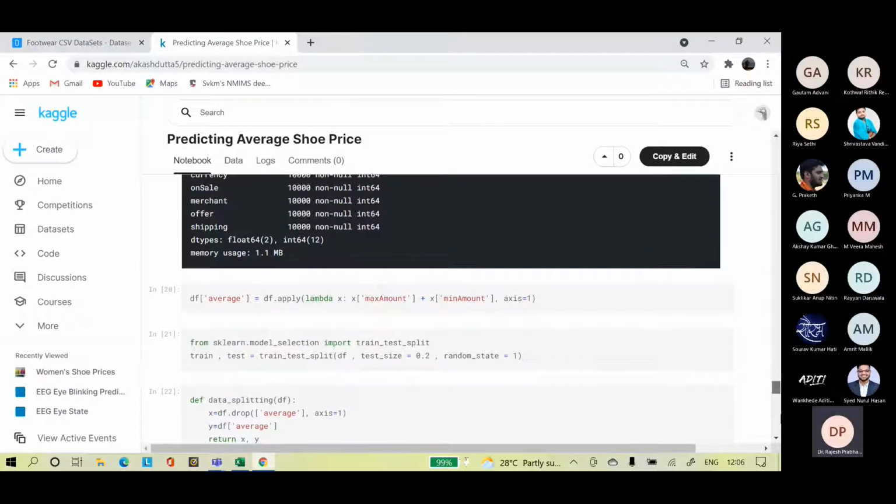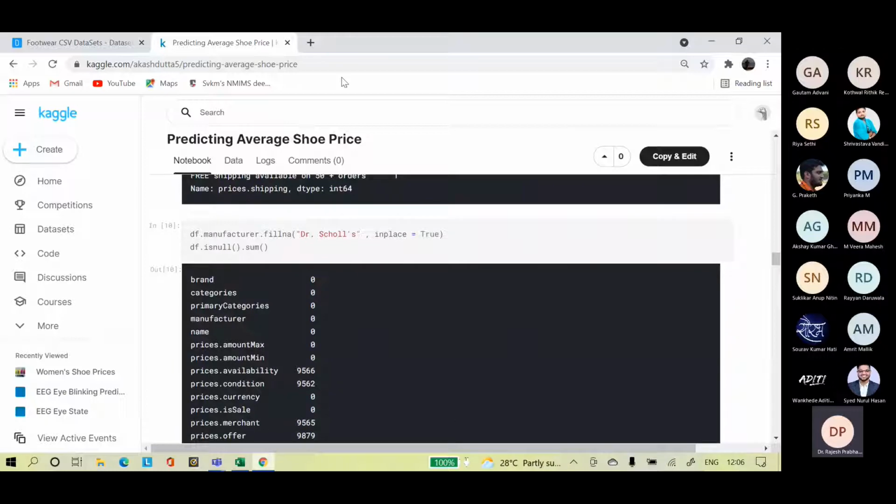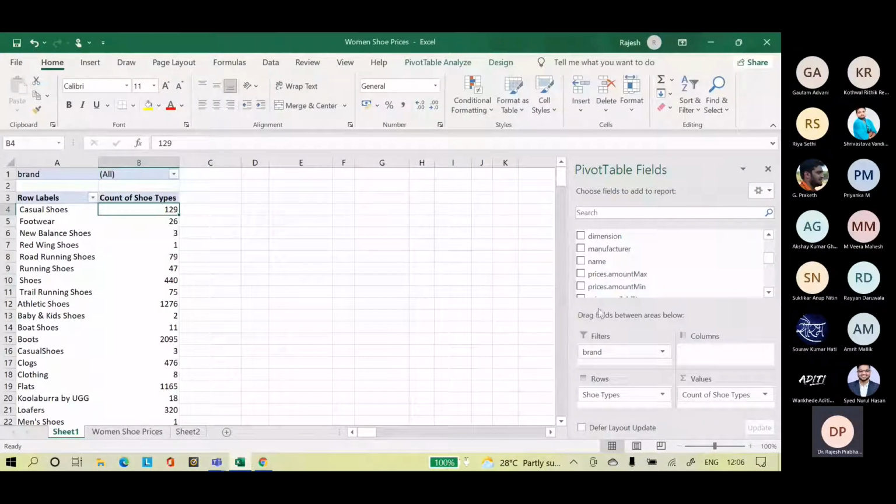Okay, you can create an average column. Price average column can be created. And this price average column will act as our understanding variable. That way we can do price average, and then we can do linear regression. So any other analysis you suggest, guys?